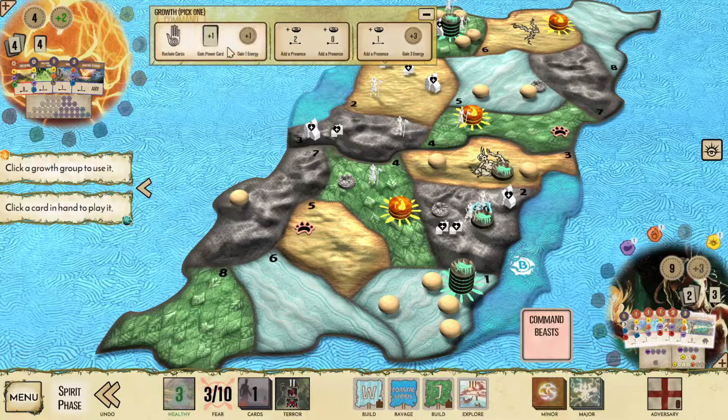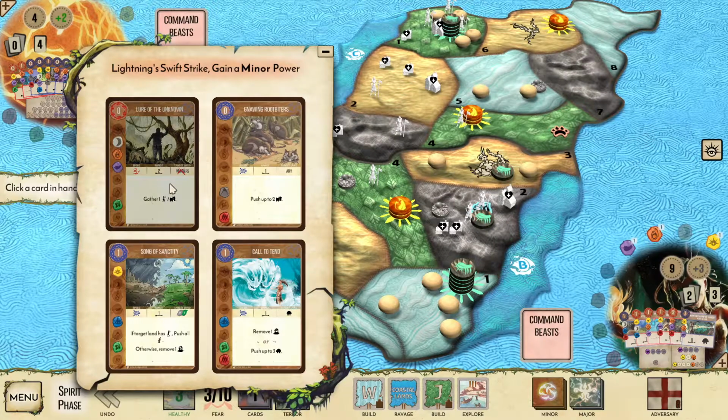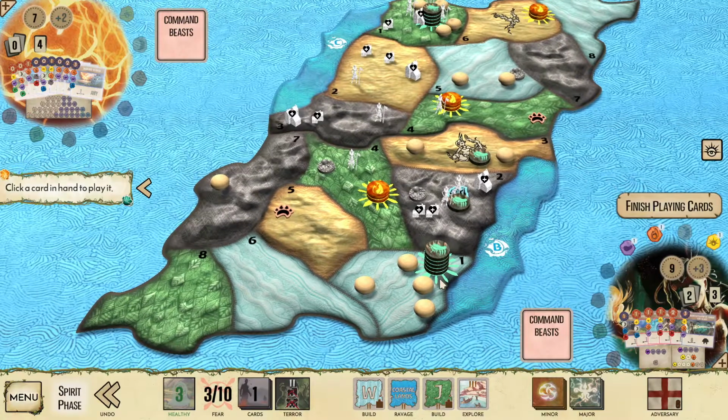And now, let's Reclaim on Lightning. Ooh, Lure of the Unknown. That's another nice zero-cost firepower. We did have that option of getting some more expensive ones, but none of these are particularly appealing, so I'm going to just go ahead and grab Lure of the Unknown. And then,